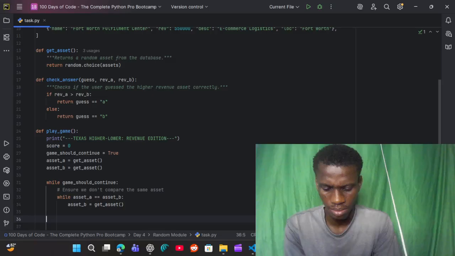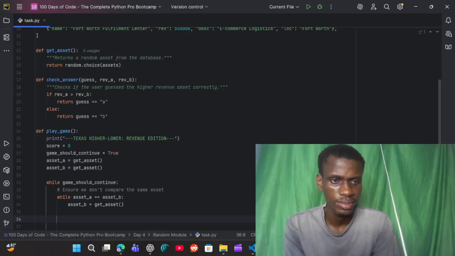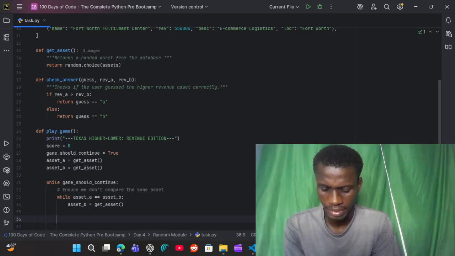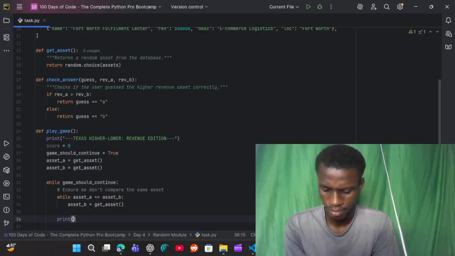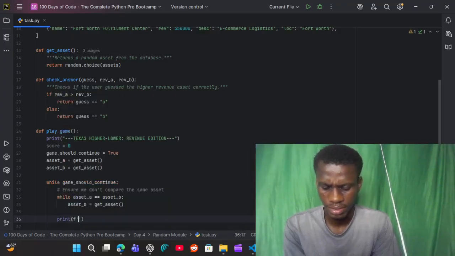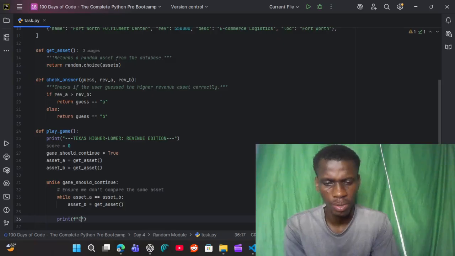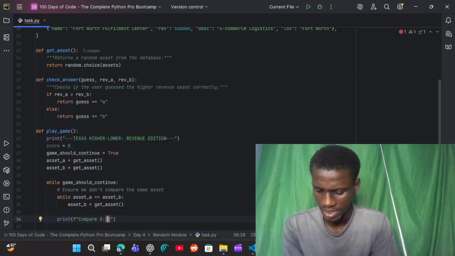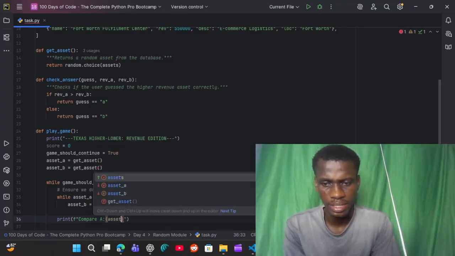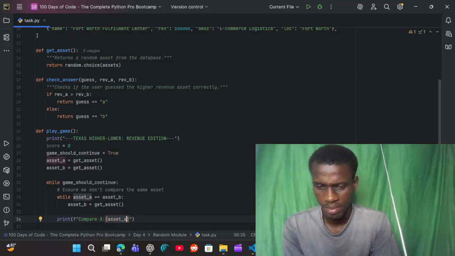Well, I don't even understand what this is. Crazy. Interesting. So we're gonna do what? We're gonna do print of string compare A. Guys like us, like, I think